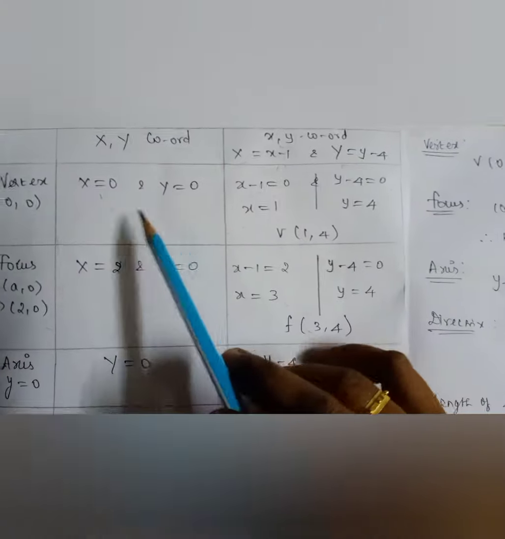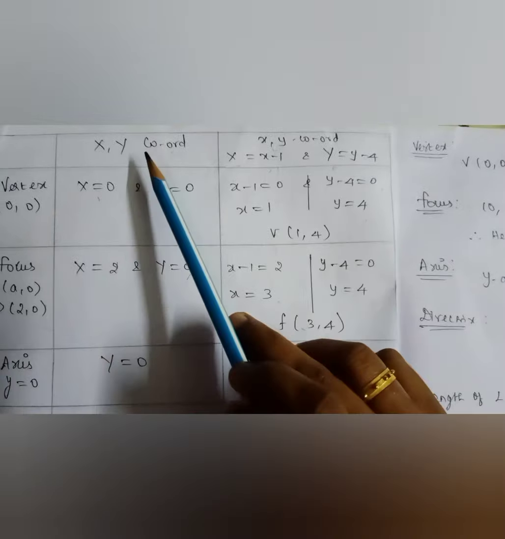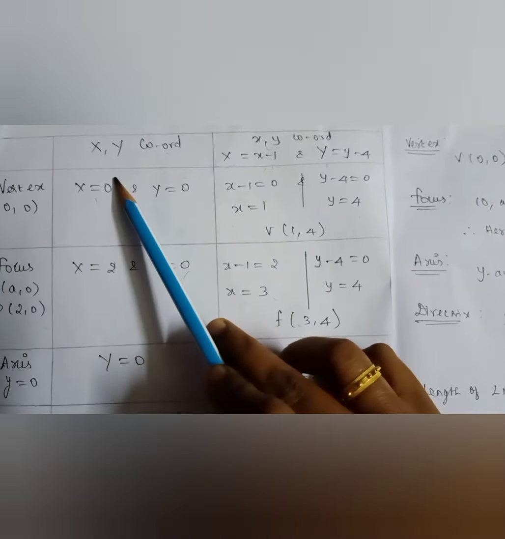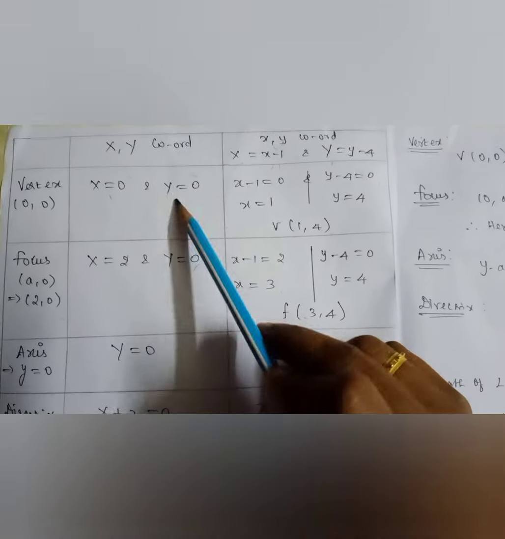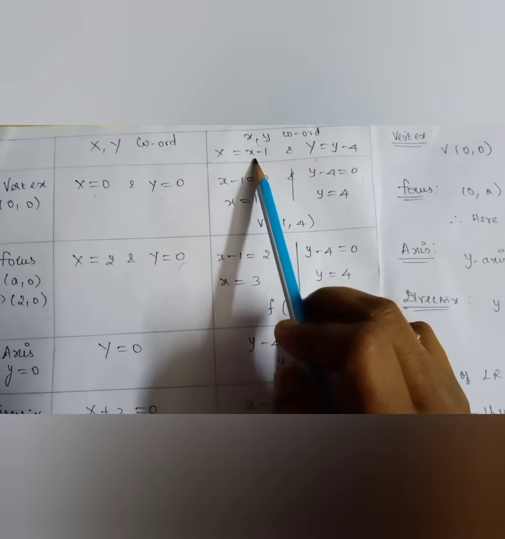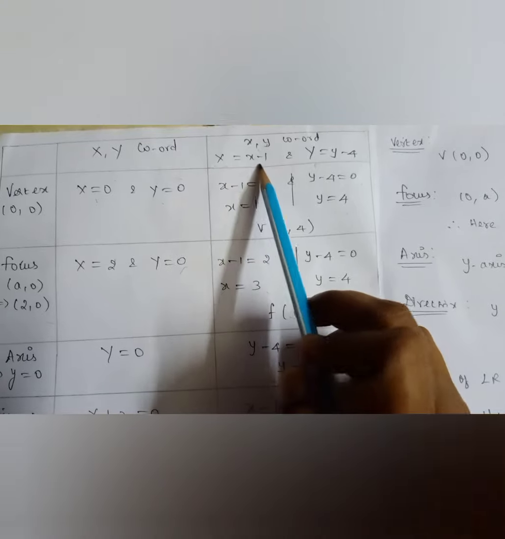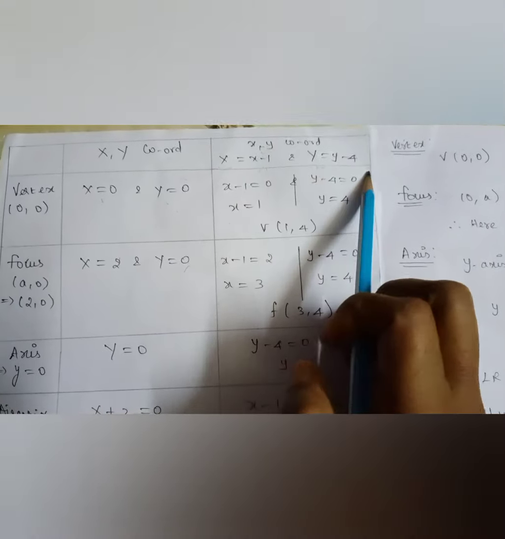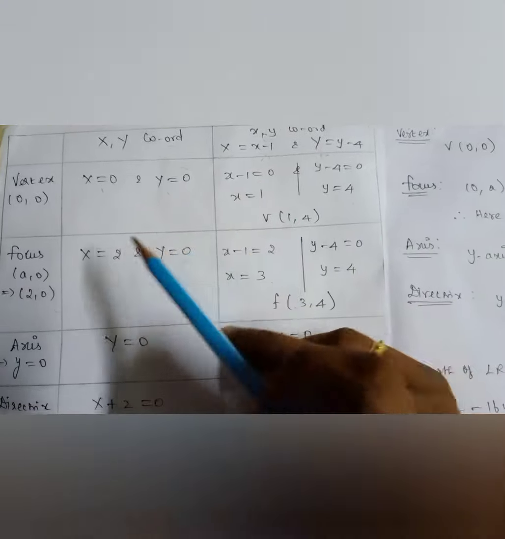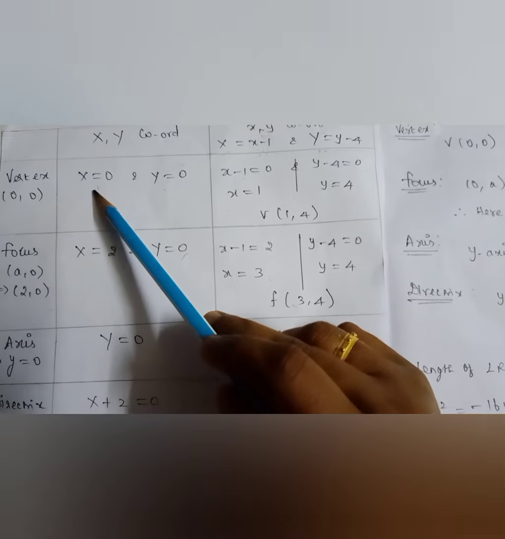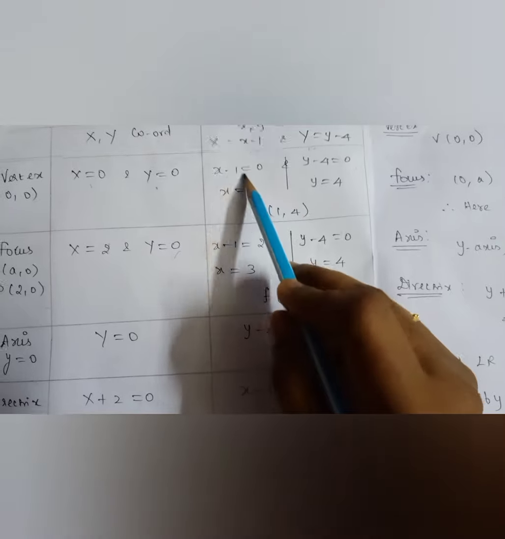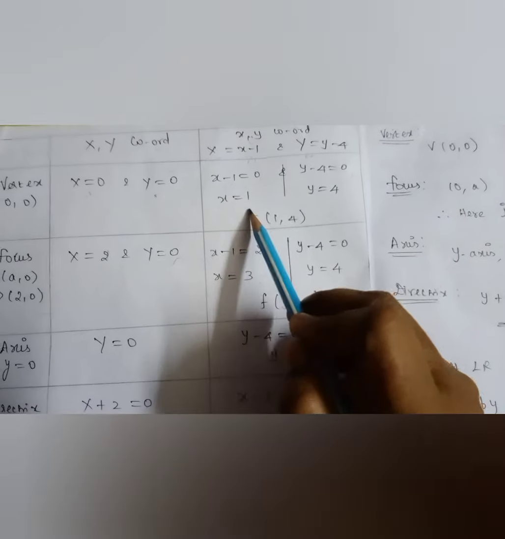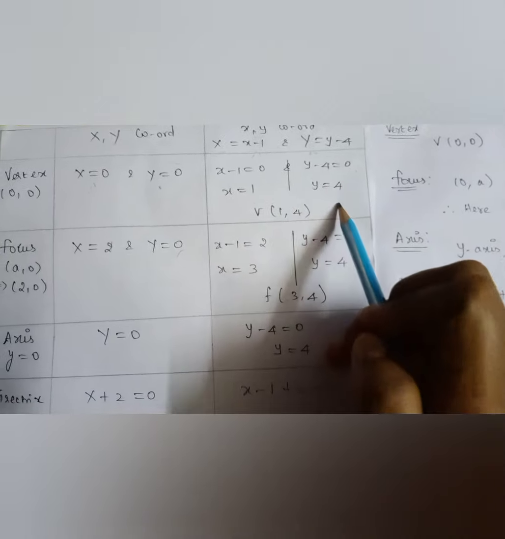The first thing is the vertex. The vertex is 0, 0. So there are two categories, capital XY and small xy. Capital XY is as it is, x value, y value. But small xy is the transformation we introduced. Instead of capital X, it should be x minus 1 and instead of capital Y, it should be y minus 4. So we will substitute everywhere. First the vertex 0, 0: X takes the value 0, Y takes the value 0. But what is your x in the transformation? X minus 1. So x minus 1 is equal to 0, x is equal to 1. Y minus 4 is equal to 0, y is equal to 4.